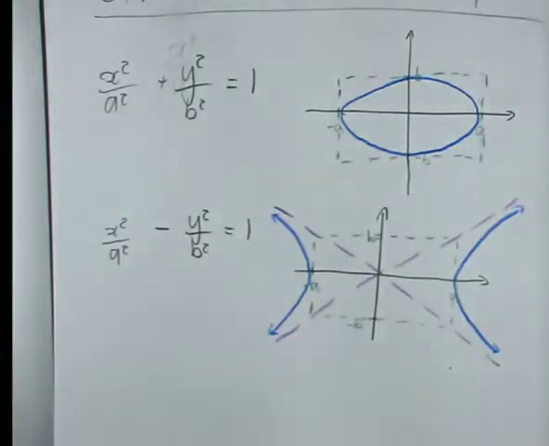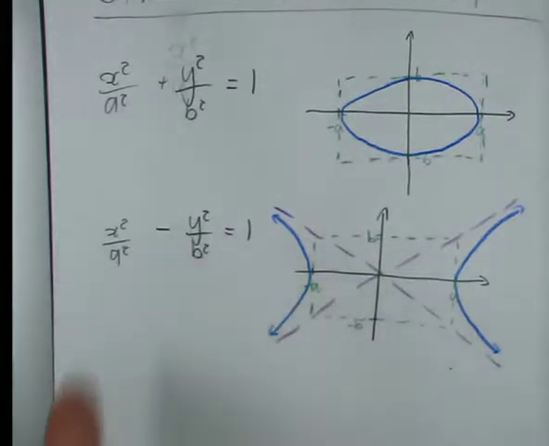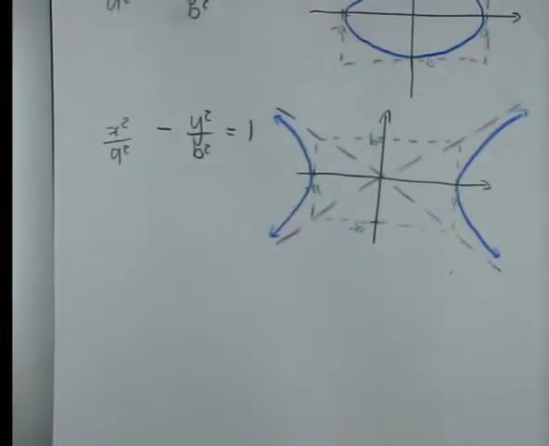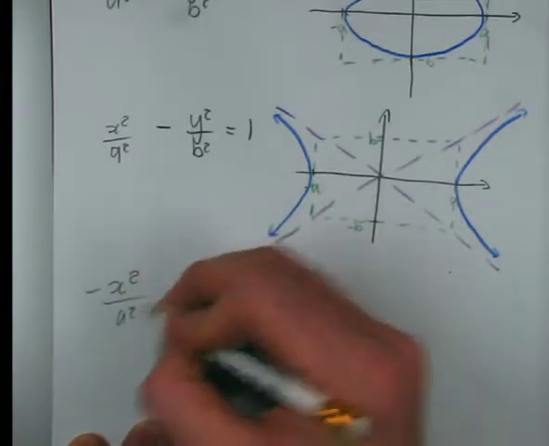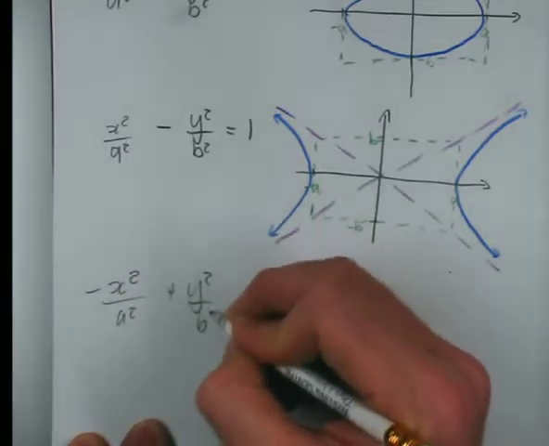You also know that the hole in your hyperbola will be at the place where the negative is. And that's true in 3D as well. The hole in your object will be at the place where the negatives are. So just to be clear on how this worked, if I had minus x squared on a squared plus y squared on b squared equals 1,